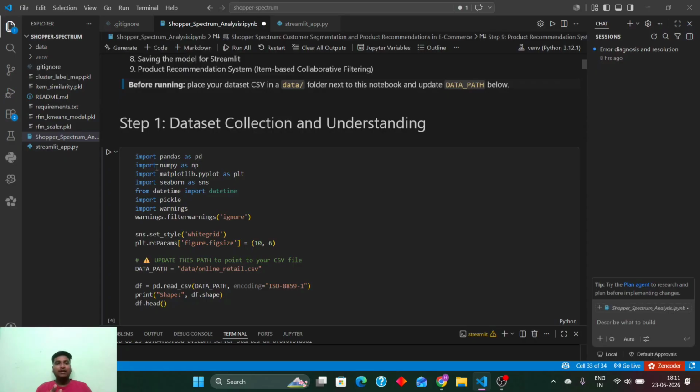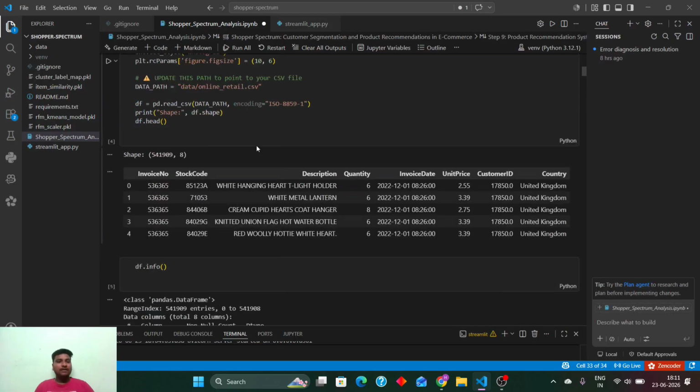The third one is identifying at-risk customers before they churn, for retention campaigns. The fourth one is informing dynamic pricing and inventory decisions based on demand patterns. This is fundamentally two machine learning problems: unsupervised clustering for segmentation and collaborative filtering for product recommendation to the customers. And coming to the data set and data cleaning,